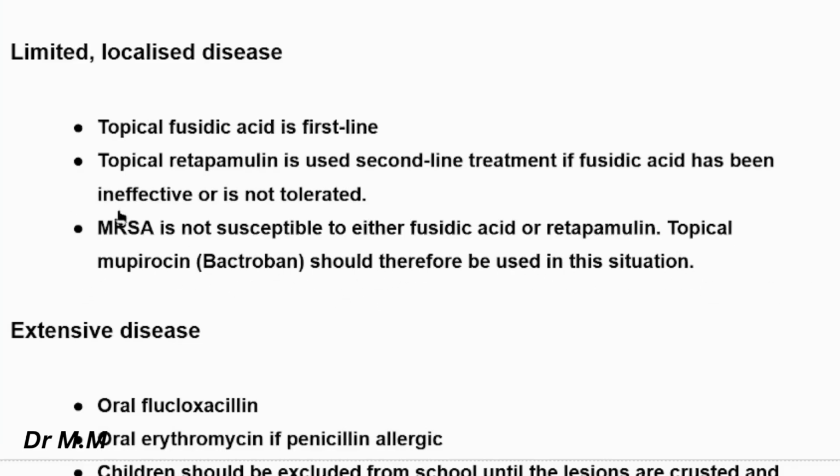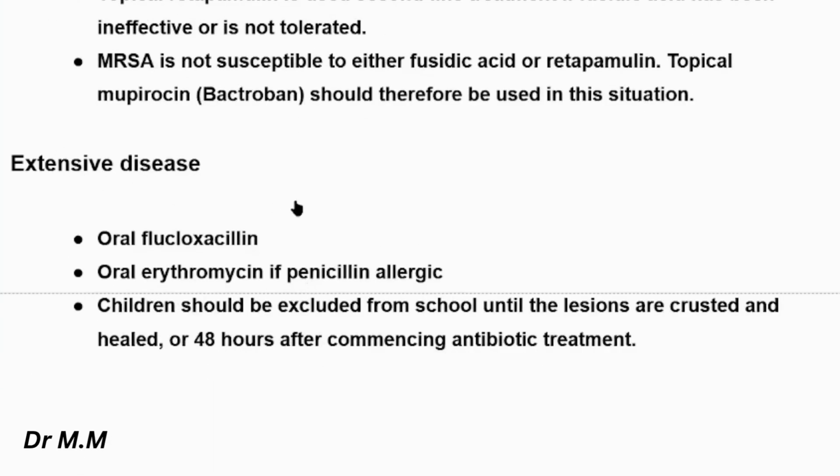In patients with MRSA, or methicillin-resistant Staph aureus, fusidic acid or retapamulin are not effective. The treatment of choice is mupirocin or Bactroban. In extensive disease, oral flucloxacillin is the first choice, and oral erythromycin if the patient has penicillin allergy. Children should be excluded from school until the lesions are crusted and healed,